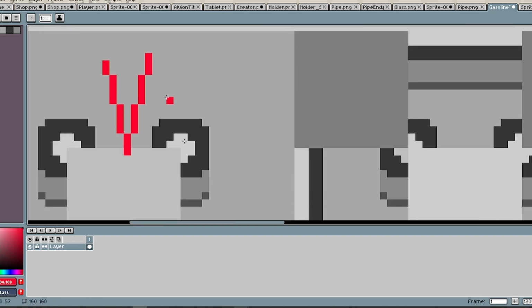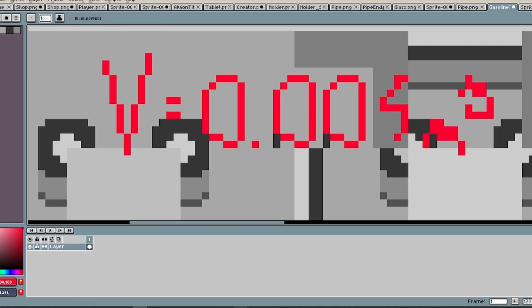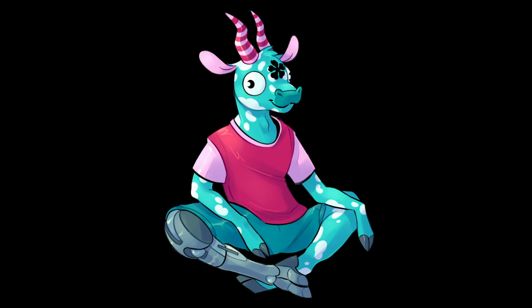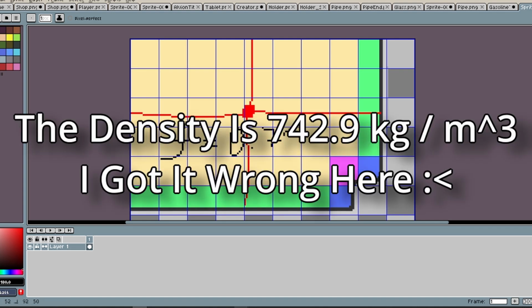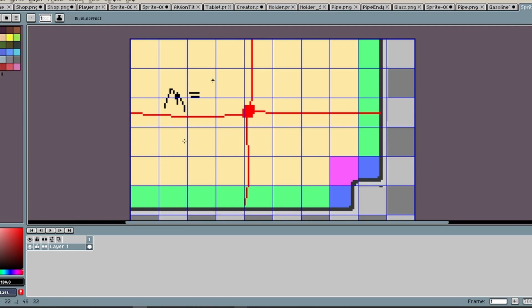From that, with some calculations, we can figure out that the volume of one of these lake sprites is 0.004 meters cubed. Now we can just multiply that by the amount of sprites and find the volume of the full lake. But we're not done just yet. Currently we only have the volume, but what we actually need is the mass, which we can get from the gasoline's density, which is 742.9 kilograms per meter cubed, meaning that one of our sprites is equal to approximately 3